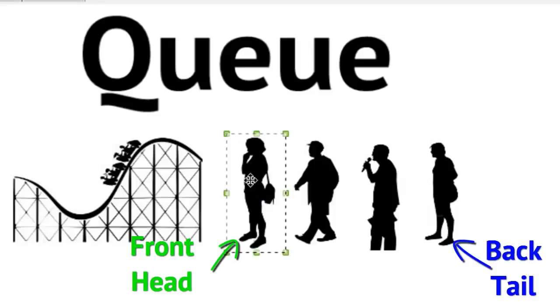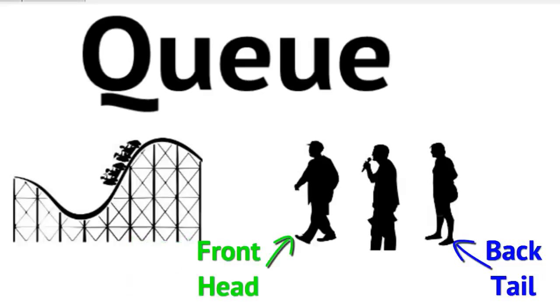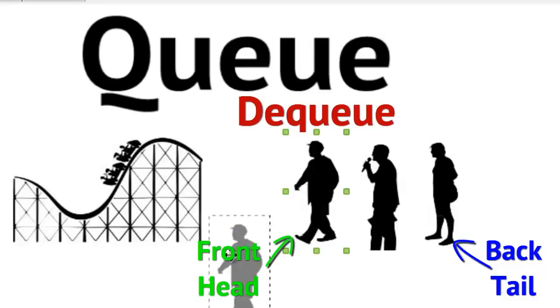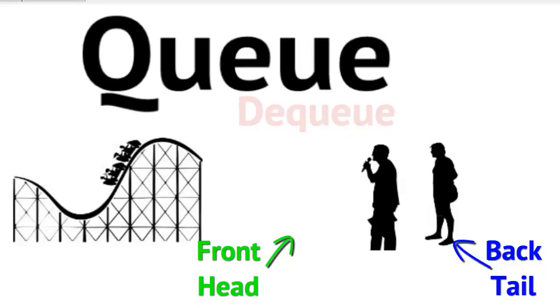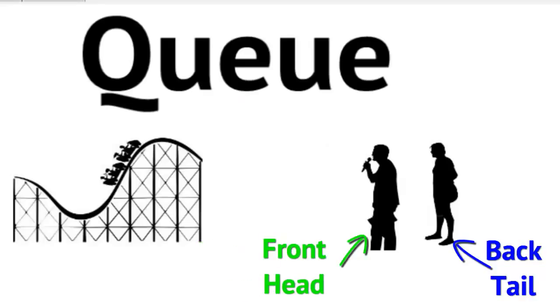So I'm going to say that this lady here is now being dequeued. So now that she's been dequeued, this gentleman here now becomes the head of the queue. So if there's more space on the ride for him to get on, then he can be dequeued. So we can imagine him being dequeued. Again, every time we do a dequeue operation, it has to happen at the head of the queue. So now this gentleman here with the microphone is now at the front or the head of our queue.